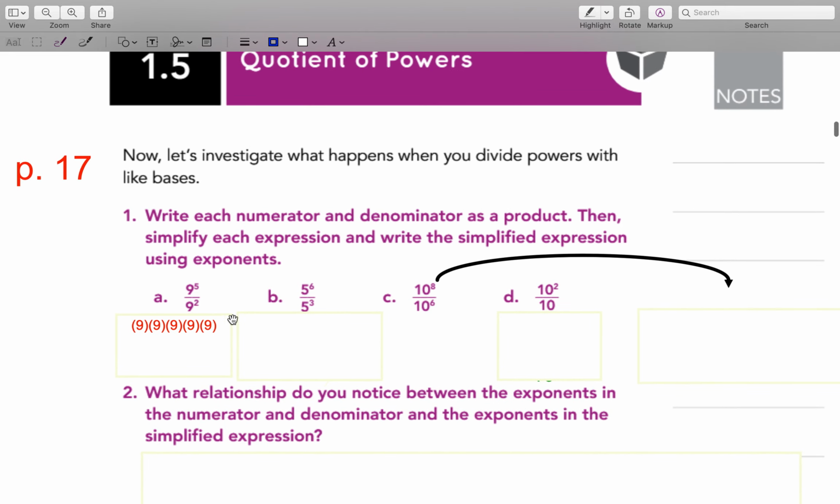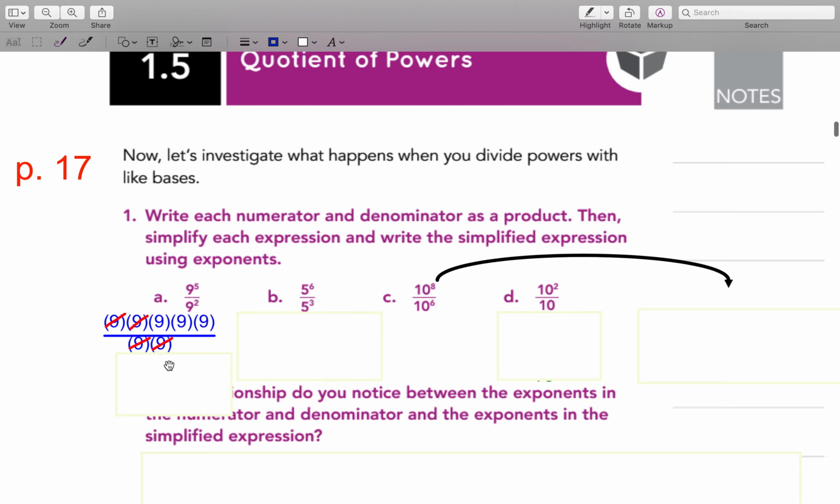So we're going to write the numerator as 9 times 9 times 9 times 9 times 9, because 9 is being raised to the 5th power, all over 9 squared, which is 9 times 9. And we're going to simplify these by the number of 9s we have. So to show you guys, it's going to look like